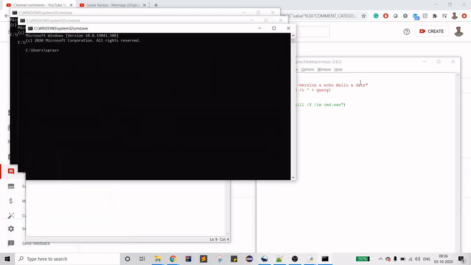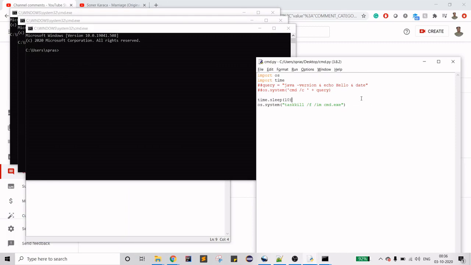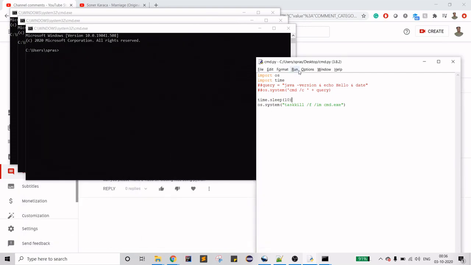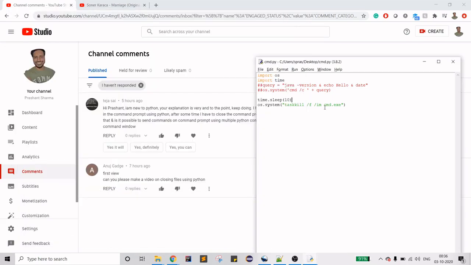So now we have 3 command prompt windows and let's run it. So it will wait for 10 seconds and then it should close all these 3 windows. Let's see. Okay, as you see, all the windows have been closed.